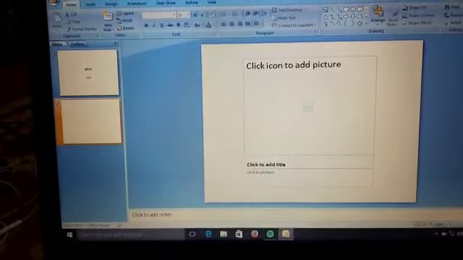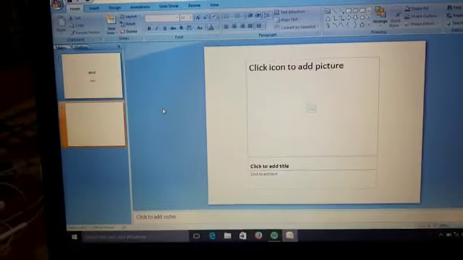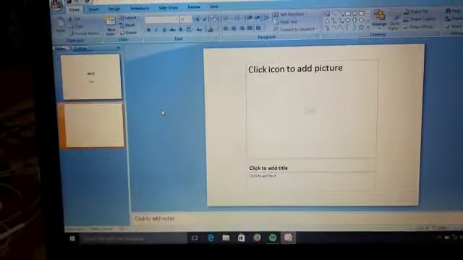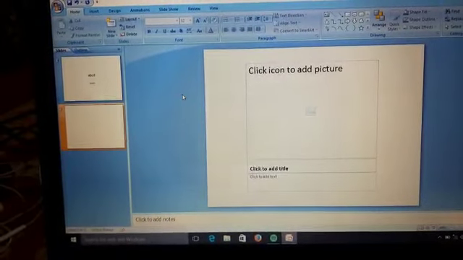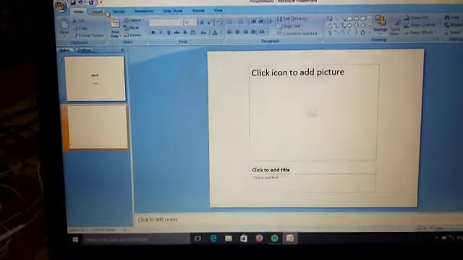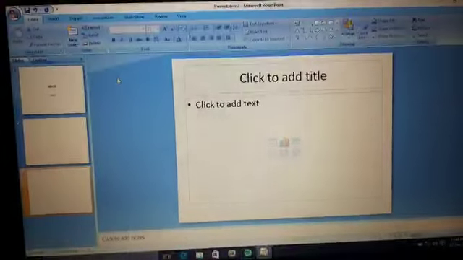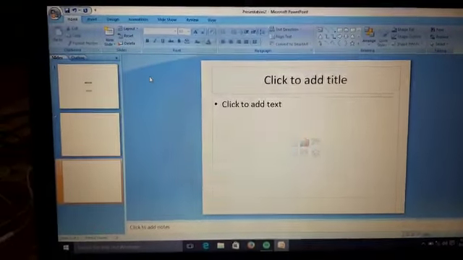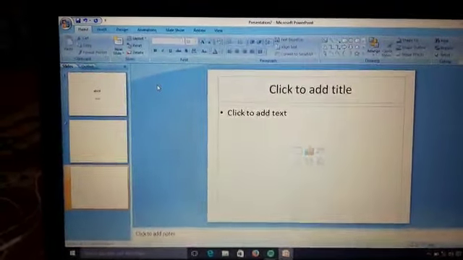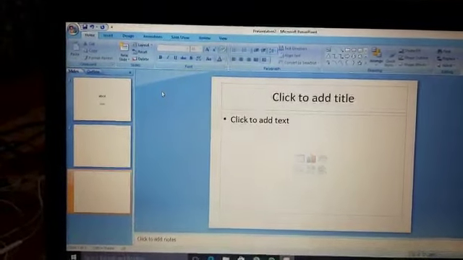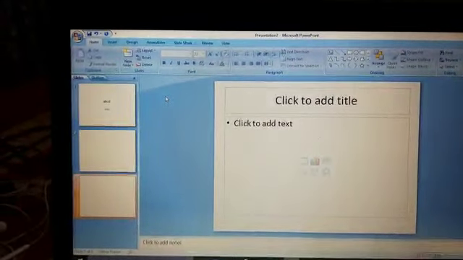Now, adding pictures to a slide. Insert a Title and Content slide to the presentation. See what we have done. We have inserted a Title and Content slide to the presentation.